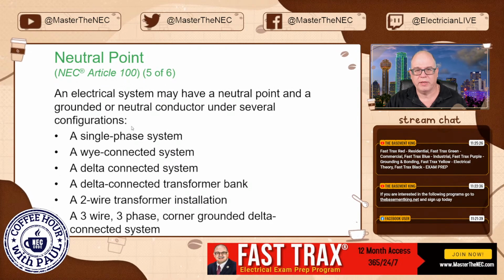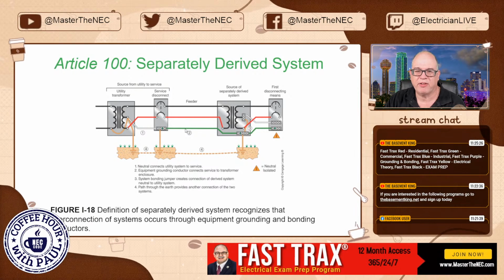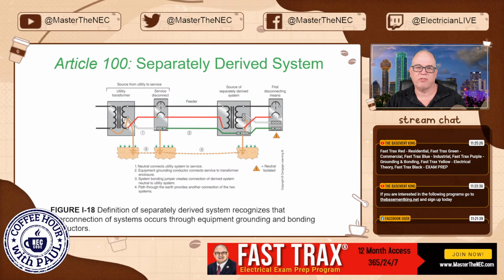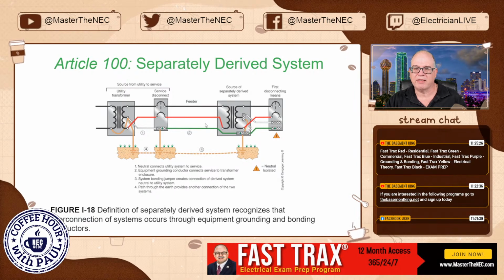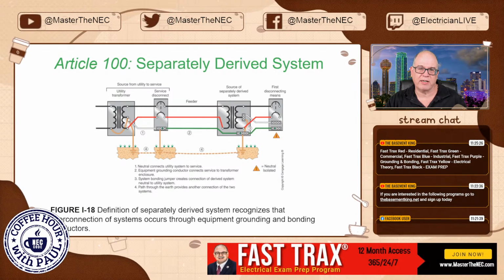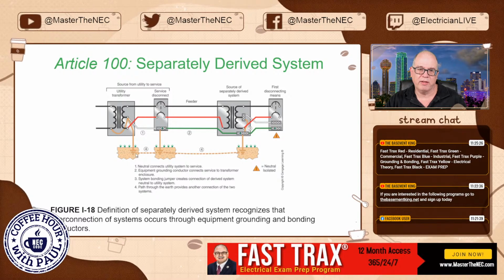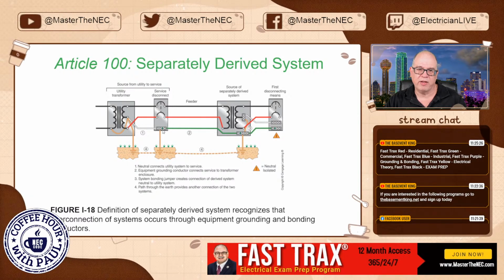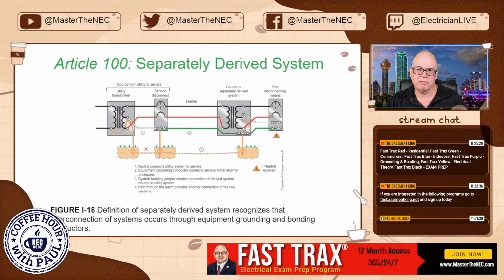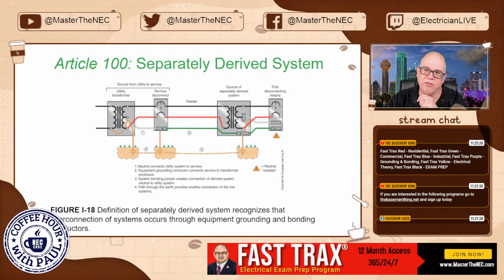All right, neutral point, again, we kind of covered that. Separately derived systems, again, we kind of told you, see this one right here? So this is a transformer, okay, and looking at the scenario here, number 1, neutral connection right here, it's the secondary of the utility, let's say, and here's the connection to Earth, and here's the neutral that's brought to the service, here's our main bonding jumper, here's our grounding electrode conductor to our electrode, okay, and here's our feeder running down. Now we're feeding a transformer.